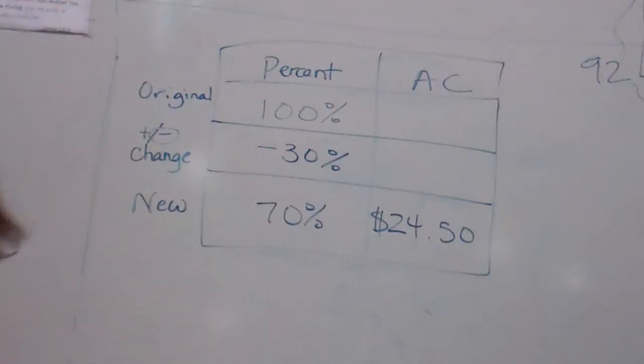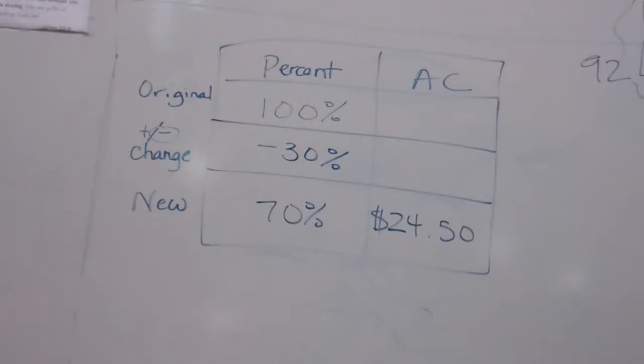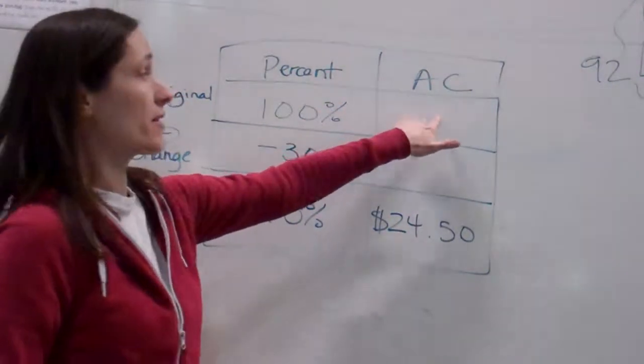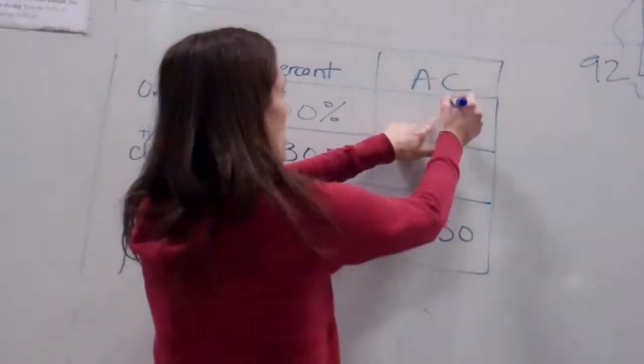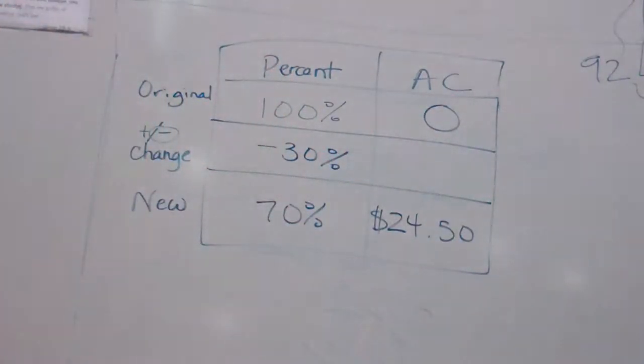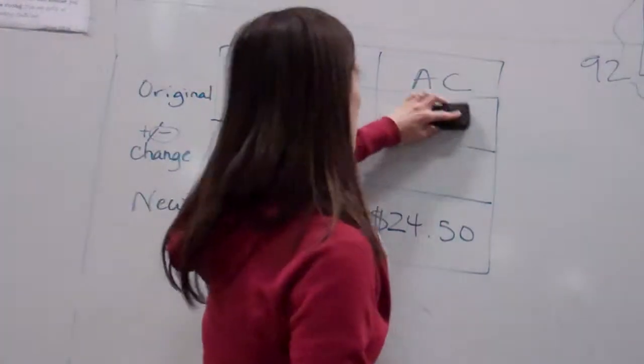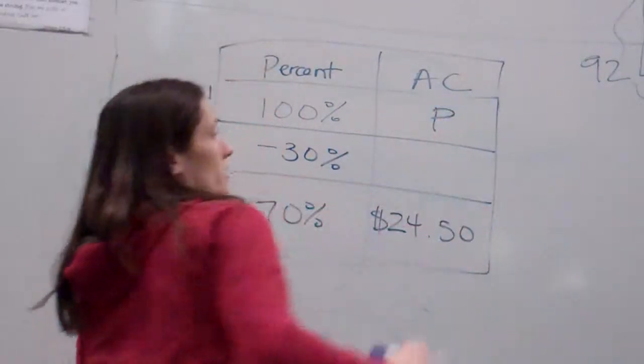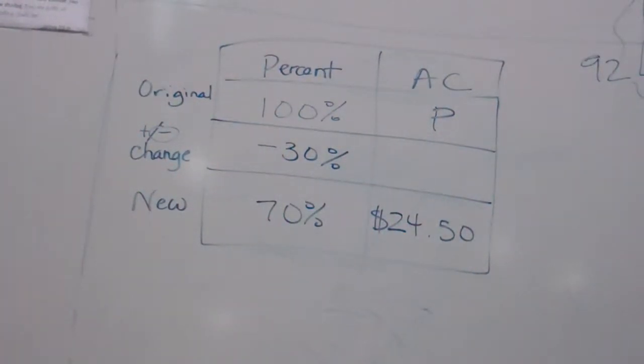Okay, but what are they asking us? If the sales price was $24.50, what was the original? So they're asking me this, right? I'm going to put O for original. Actually, I'm not going to put O, that looks like a 0. I'm going to put P for price. Okay, what was the original price? Now,